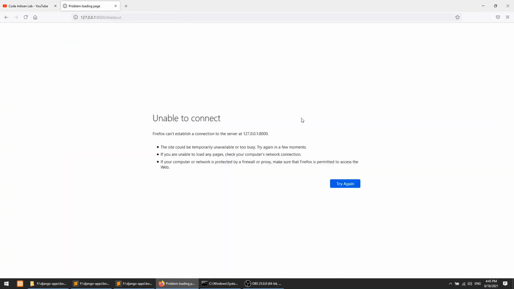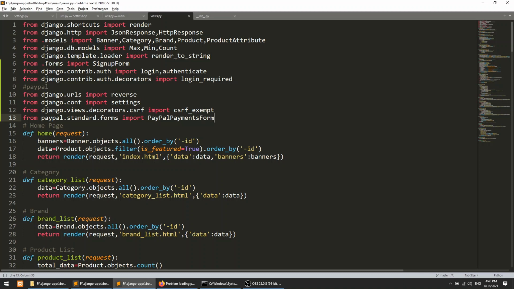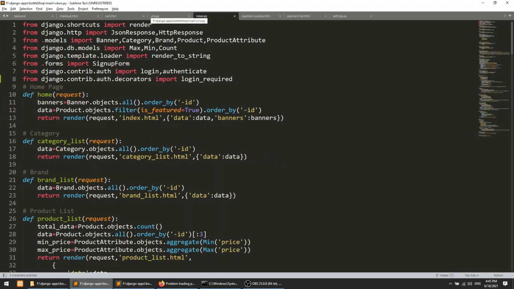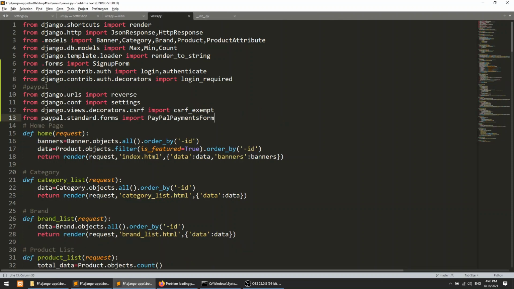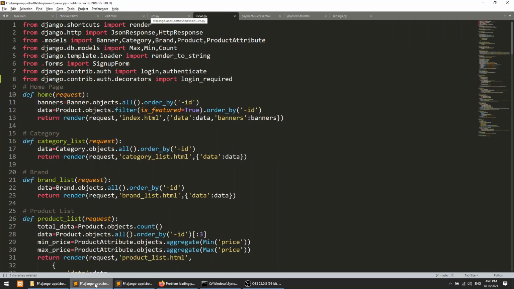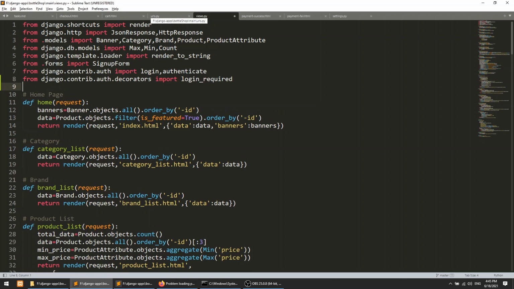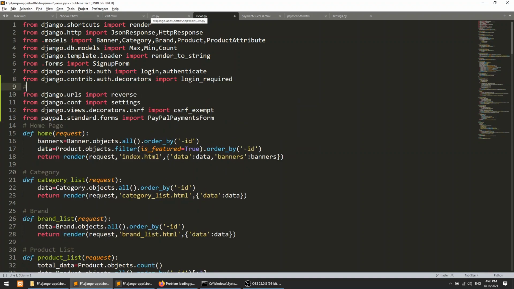So it was not working because we have not defined the reverse settings and all the things in our view, but we are using them. We need to copy this and implement it in our view section. I hope you are understanding all the things. If you have any inquiry, please add it in the comment section. I have already created the things and I am just explaining them and copying and pasting the data here and explaining everything.